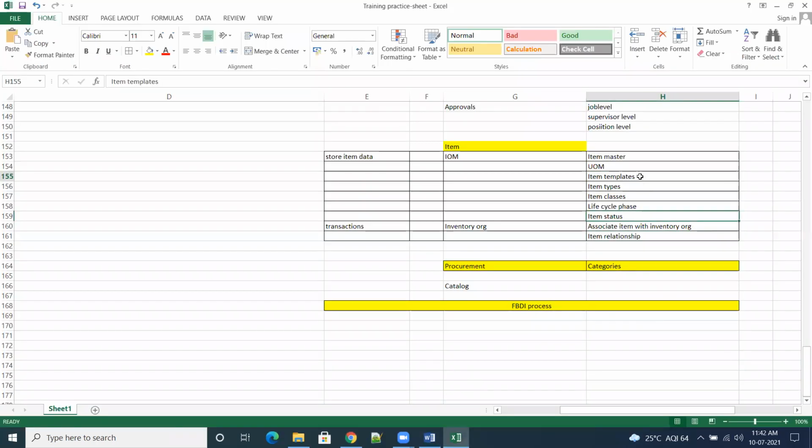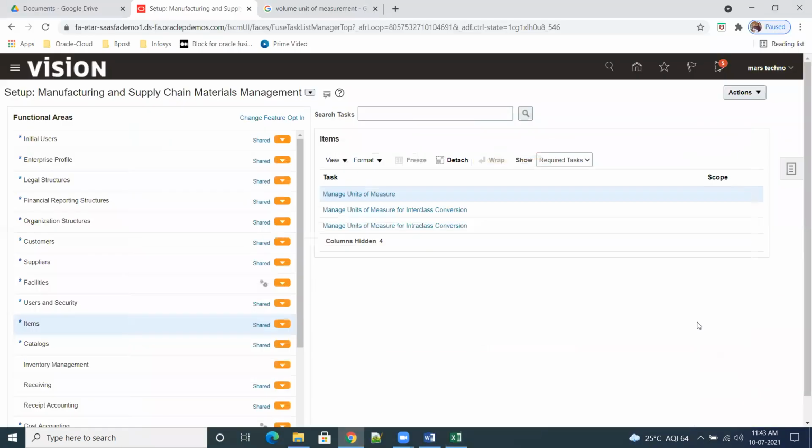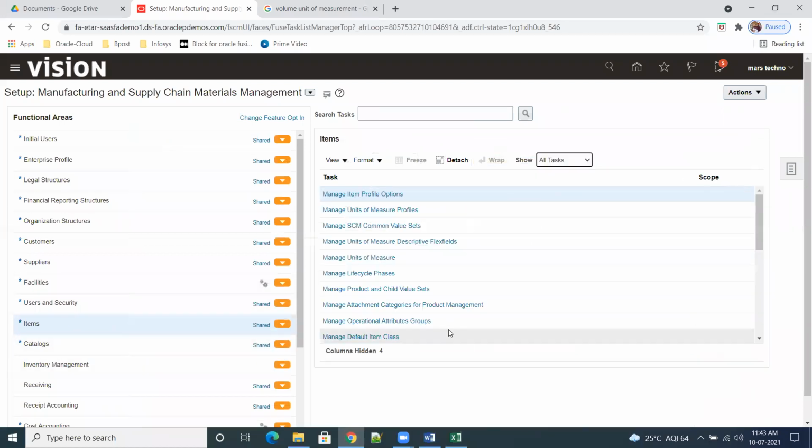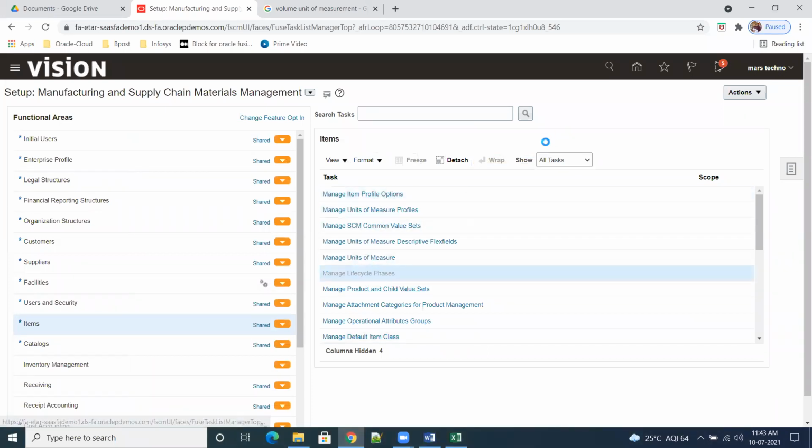Now templates. So templates, item types, item classes, life cycle phases, all these things we're going to build using the item class as the configuration. With the help of this, we can make all those things. Okay. And also we'll see here, item profile options, not required, unit of measure, life cycle phases.